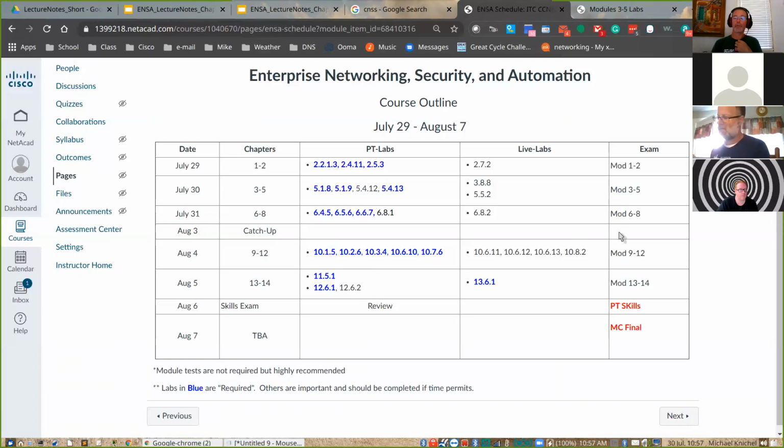And I can do some non-curriculum training, if you will. I know some of you who were in last week saw stuff on Activity Wizard, so I could do some Packet Tracer things.